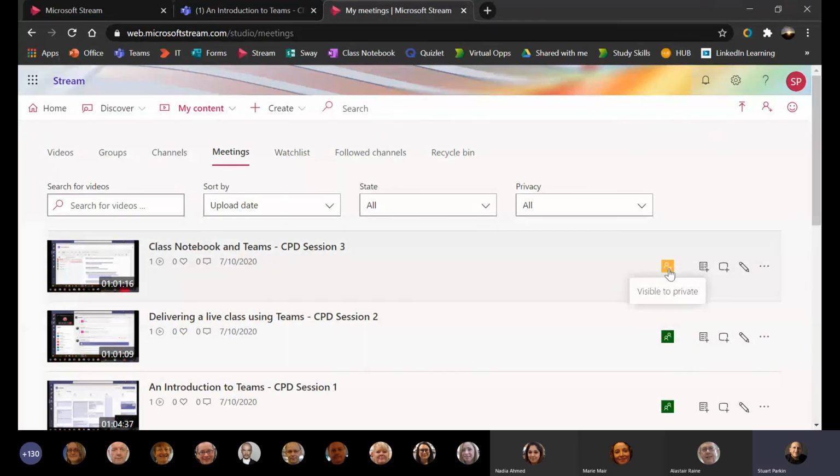Next to my video, I've got this yellow icon, and that means it's private. So it says visible to private, which is a bit of a strange sentence. But if you look in that compared to the one below, it's visible to organization. So I've given that company-wide access on that video. So anybody who logs into Stream will be able to view that video. Or if I send them the link over an email, things like that, they would be able to watch it